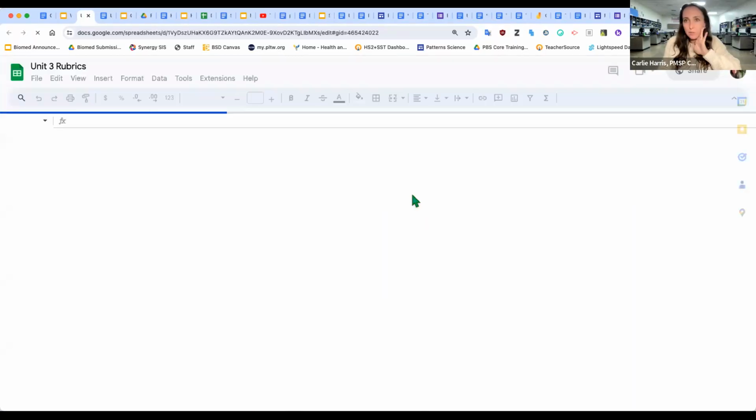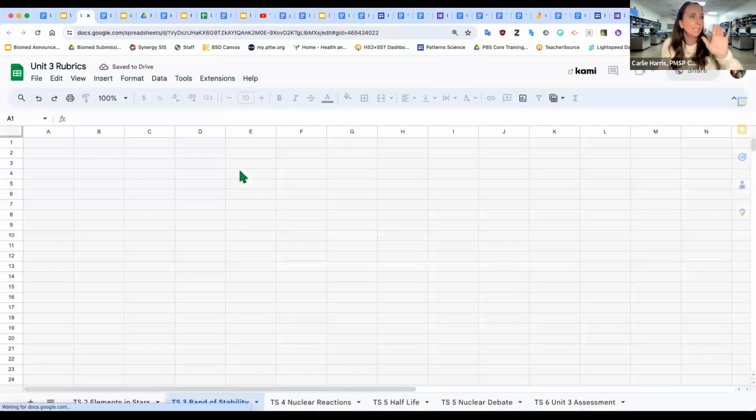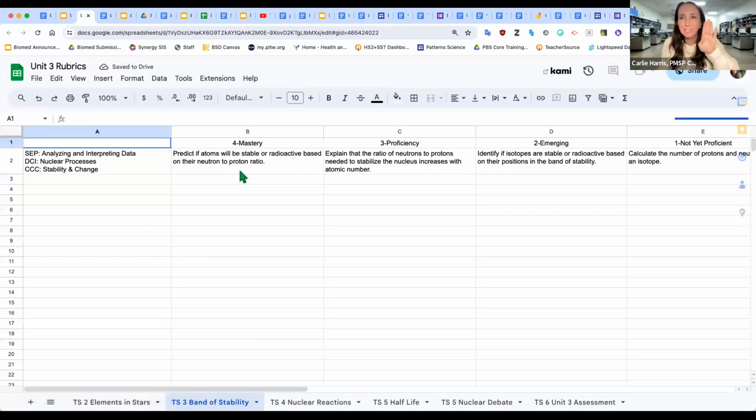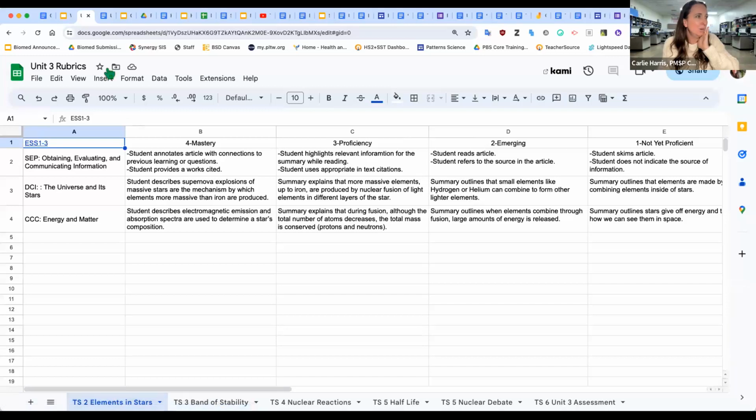I don't want to take up too much of your time. I know we had the 4 to 6 hour window, but I do want to get you out to go on about the things that you need to do. I just want to point out this is a new resource. Jomei just finished this up today, putting in a more formal rubric for each of the task sets. You can see down here at the bottom, each